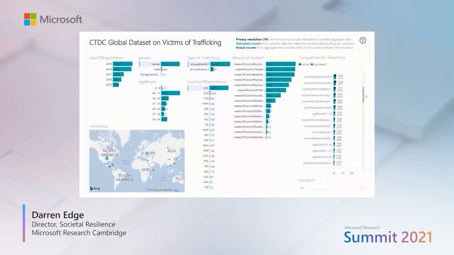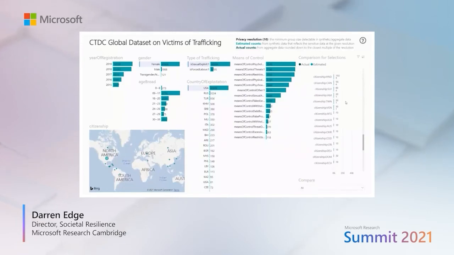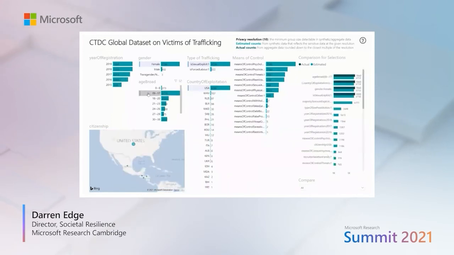Again, we can see that after selecting these three attributes, the estimated values track the actual values quite closely. Now, if you notice these results here, we're seeing an example where we have an estimated count of 1. So that's a combination that's unique in the sensitive data set. But actually, this describes a group of 30 individuals in the sensitive data set. And so it's not a privacy risk in the way that it might otherwise be.